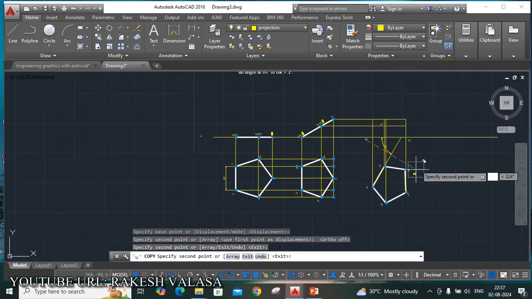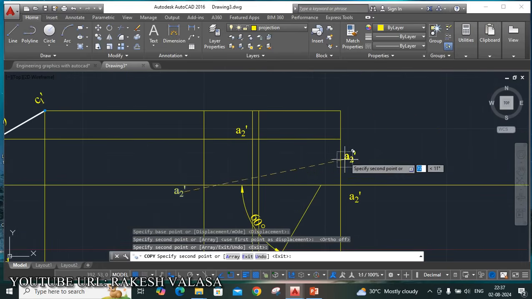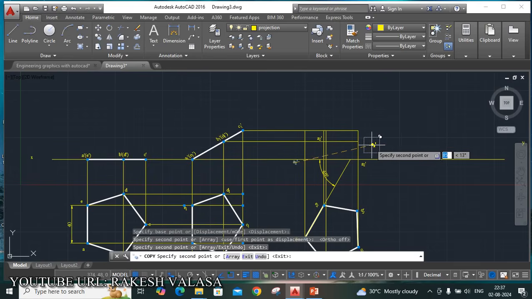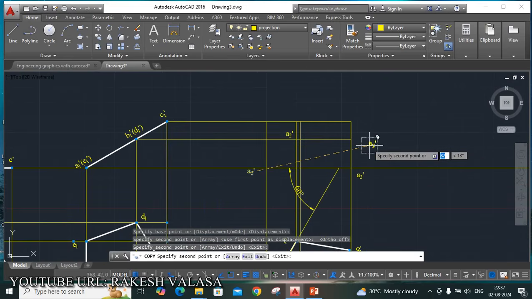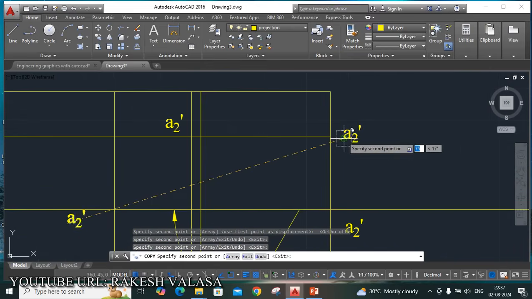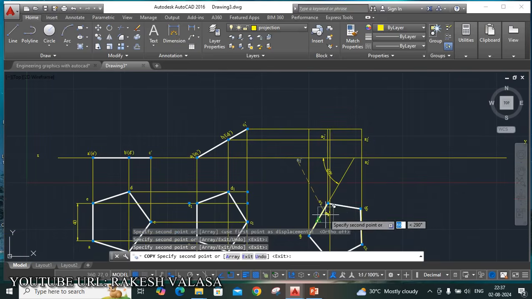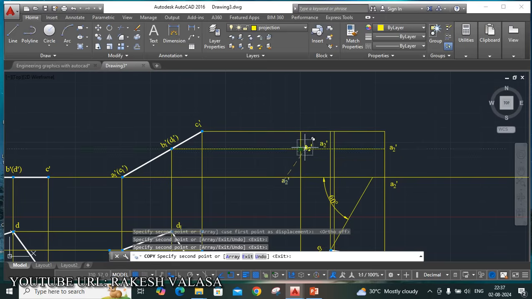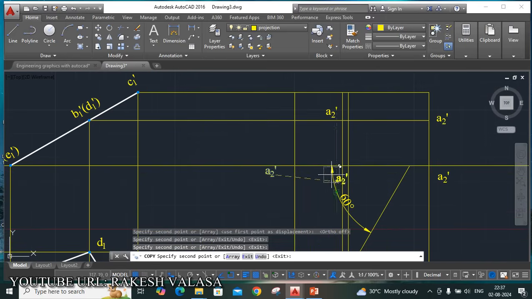Next D2 vertical projector and where is D2? This is the D2 vertical projector and D2 horizontal projector. Next E2 vertical projector and where is E horizontal projector.